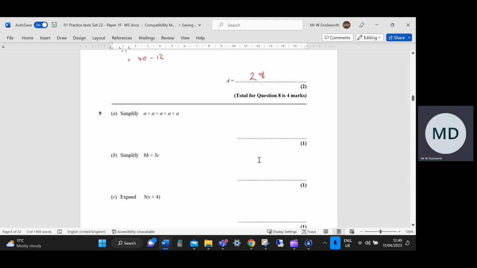Question 9, simplify a times a times a times a times a. So we've got 1, 2, 3, 4, 5 lots of